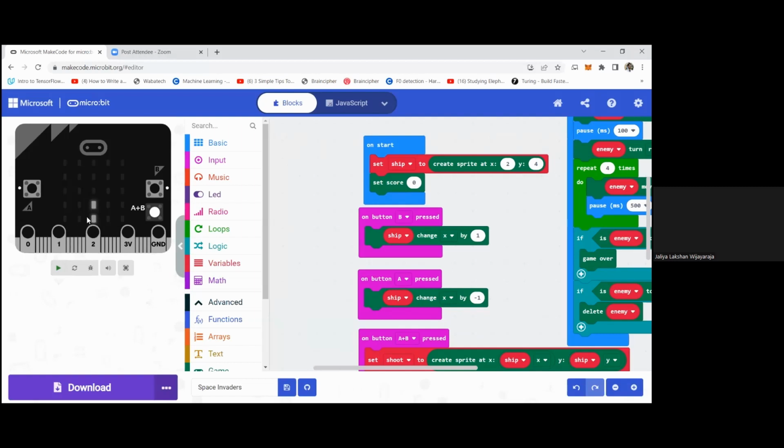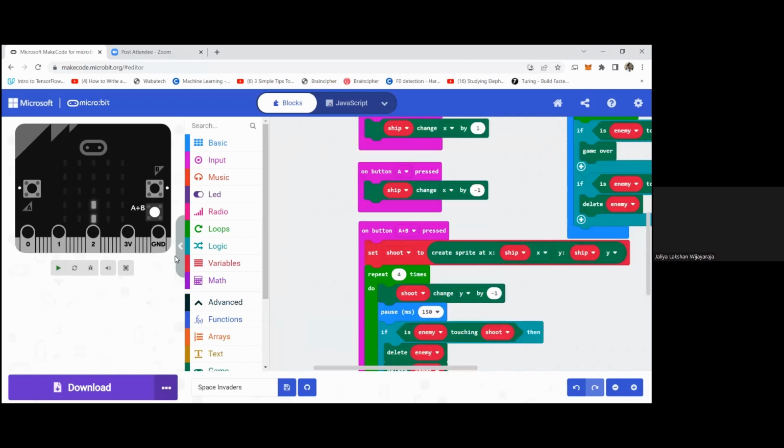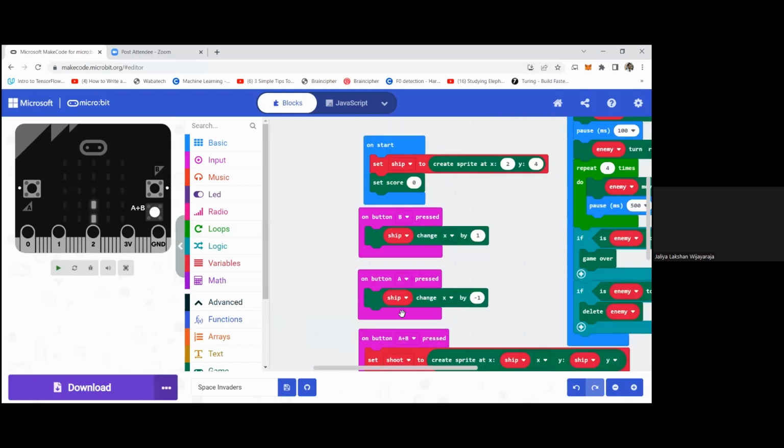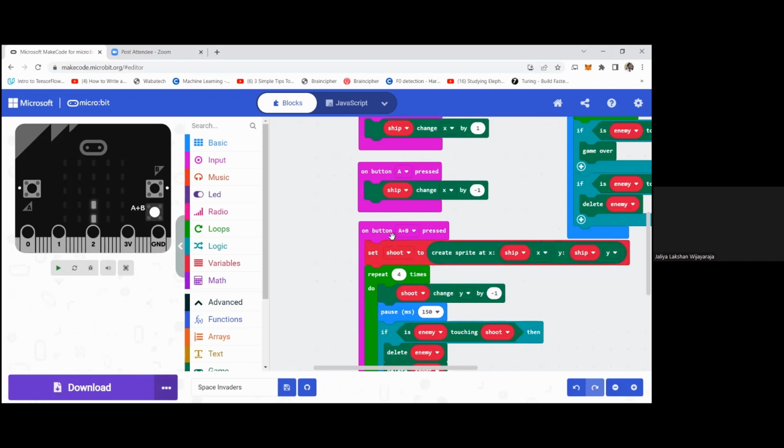So it will go for the left side. And because we are only changing X and we don't change Y, it will be in the same row. And when I press A plus B, that means both of these buttons simultaneously, it will create a sprite which is named as shoot, and the XY coordinate of this shoot, that means the bullet, will be the same as the ship's XY coordinates. That means the bullet will start where the ship is located,